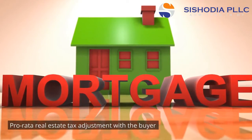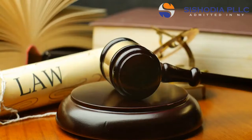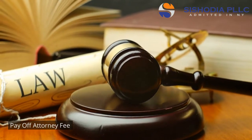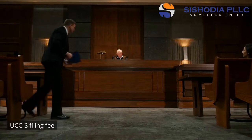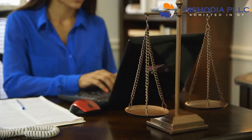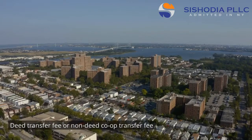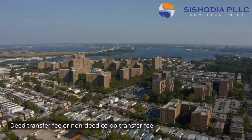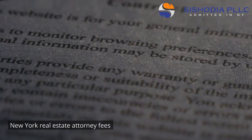pro rata real estate tax adjustment with the buyer, payoff attorney fee, UCC-3 filing fee, other ACRIS filing fees, deed transfer fee or non-deed co-op transfer fee, New York real estate attorney fees,